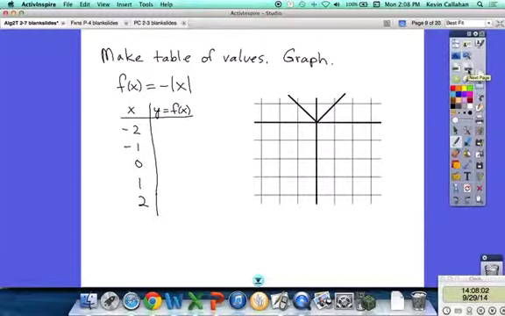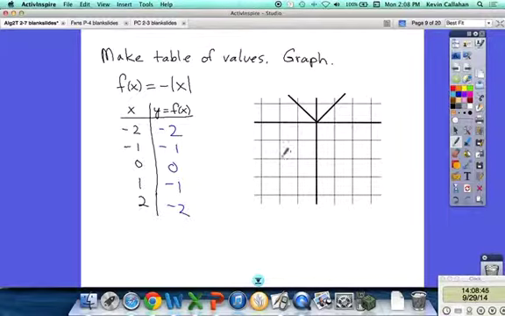Okay. Now let's do another one, right? This function now, I put a minus sign in front of the absolute value. Let's see what that does to the graph of the function. And again, I've picked the negative 2 to 2 because I know what's going to happen here. When I plug in negative 2, right, the absolute value is 2. But there's a minus in front, so the value of the function is actually negative 2. Again, when I put in the negative 1, I get absolute value as 1, and then I stick the minus on it, and it's negative. So we get these 5 values,